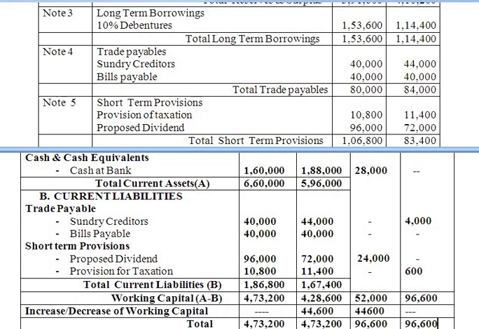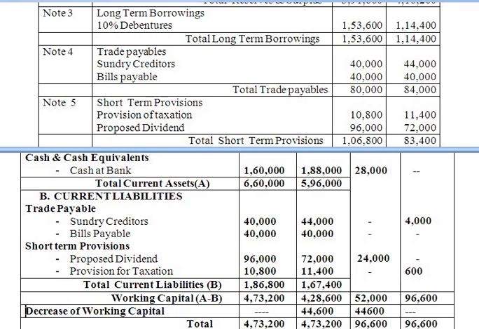After that write down all the current liabilities as we have done for the current assets with their amounts, and if there is a decrease in current liability, working capital increases, and if there is an increase in current liability, working capital decreases. Okay, then make the total of current liabilities. Then we need to find out the working capital. How can we find it? Take the total of current assets, deduct current liabilities from it, and the balance will be working capital. Next we have to find out whether there is an increase or decrease in working capital. Here in this problem there is a decrease in working capital.